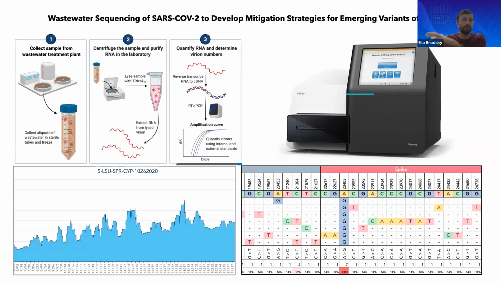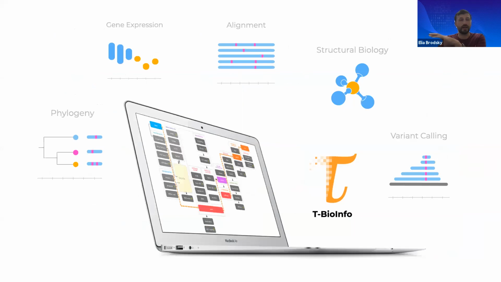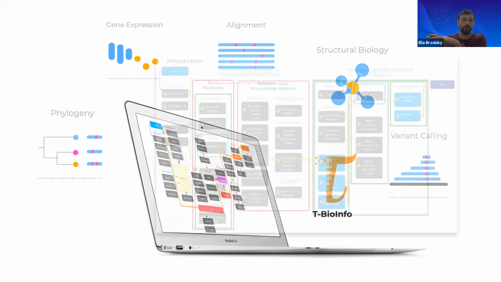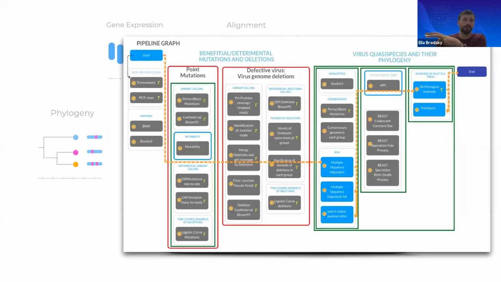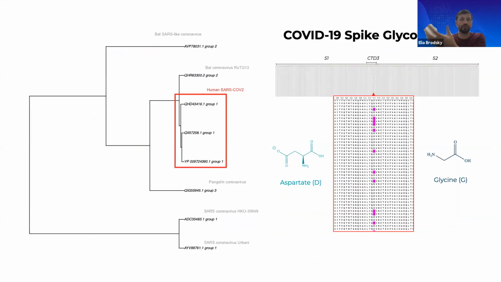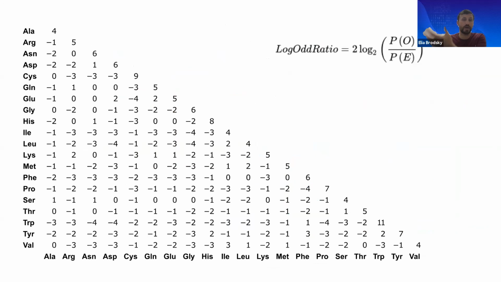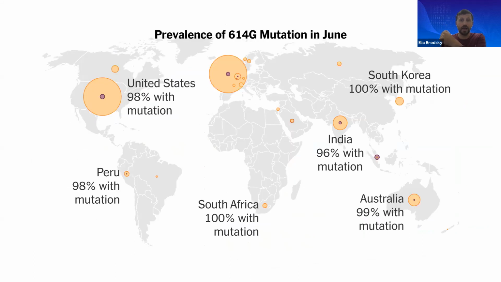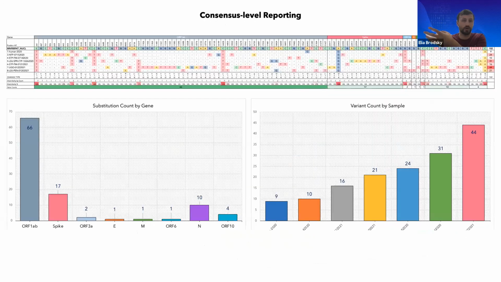Examples from the studies that we've been involved in for wastewater sequencing, methods of analysis on the T-Bioinfo platform for an in-depth characterization of variants and what they do, how they impact, and how to measure the impact using different types of metrics. And then we'll also look at preparing a report on your own using the outputs